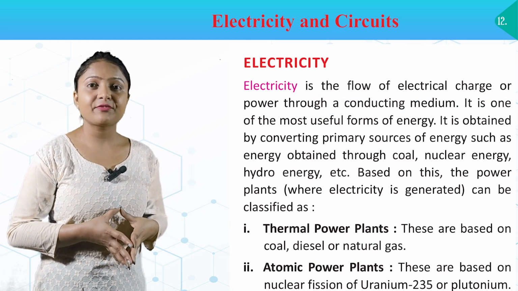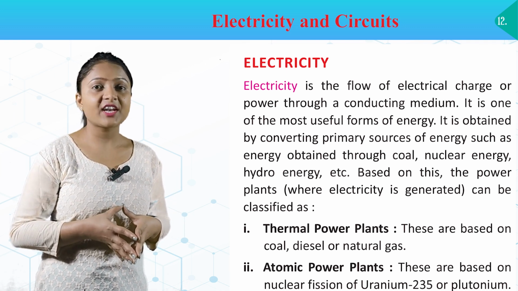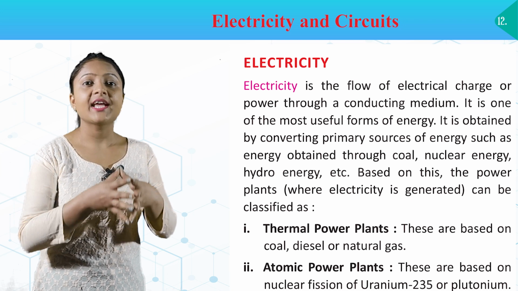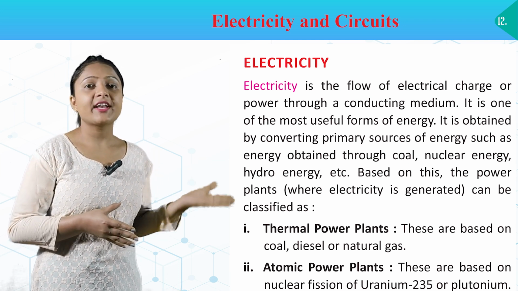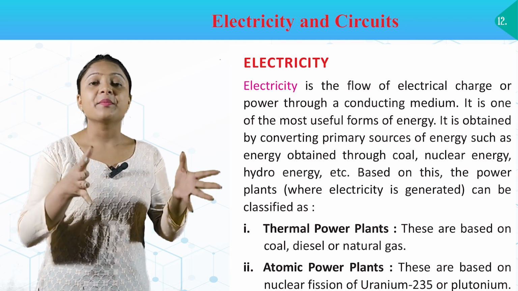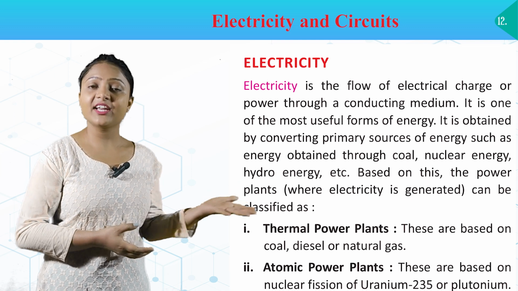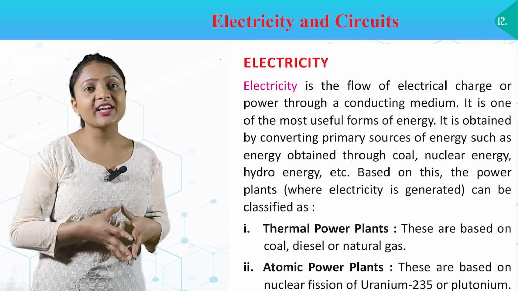Electricity. Electricity is the flow of electrical charge or power through a conducting medium. It is one of the most useful forms of energy. It is obtained by converting primary sources of energy such as energy obtained through coal, nuclear energy, hydro energy, etc. Based on this, the power plants where electricity is generated can be classified as follows. Electricity is the flow of electrical charge